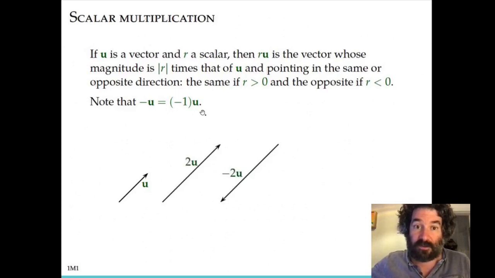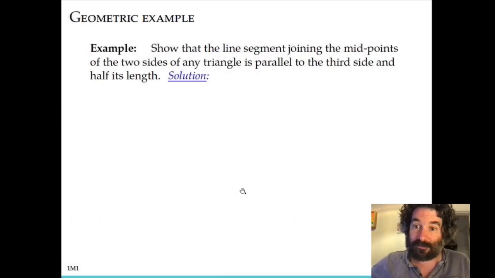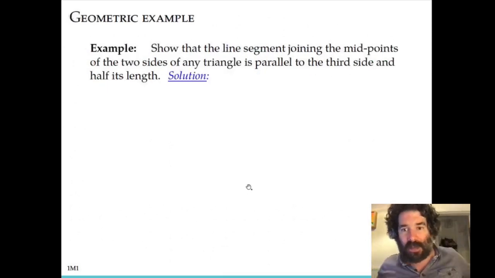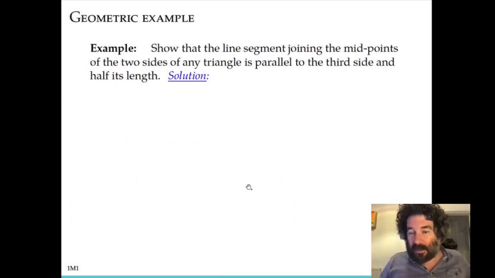So we have a vector u there. 2 times u would be a vector that points in the same direction as u, as shown here, but has twice the magnitude. -2u would be a vector that points in the opposite direction as u, and has twice the magnitude as well. All right, let's do an example illustrating some of these concepts, the scalar multiplication and addition and